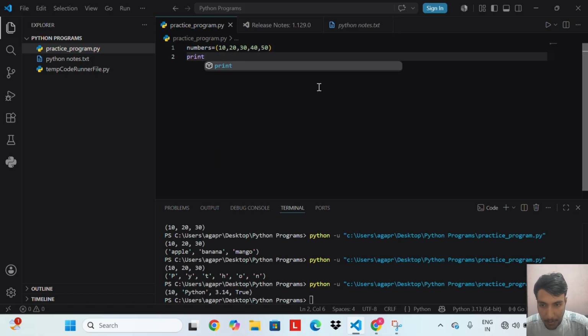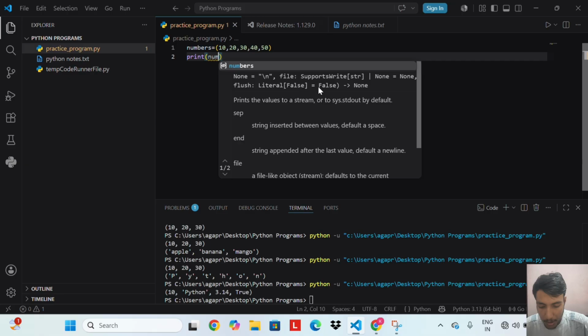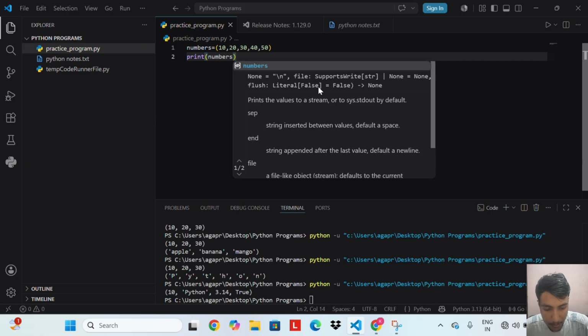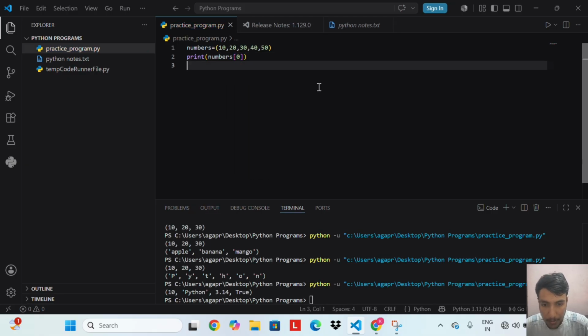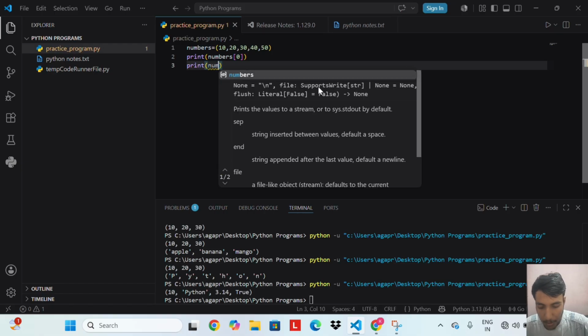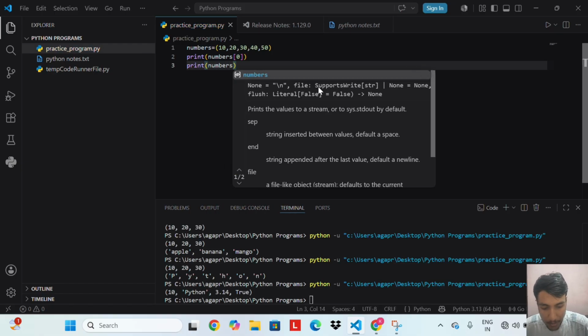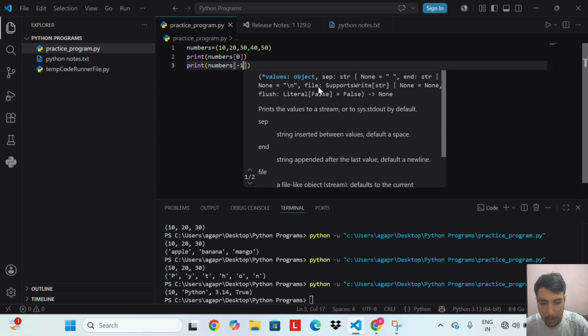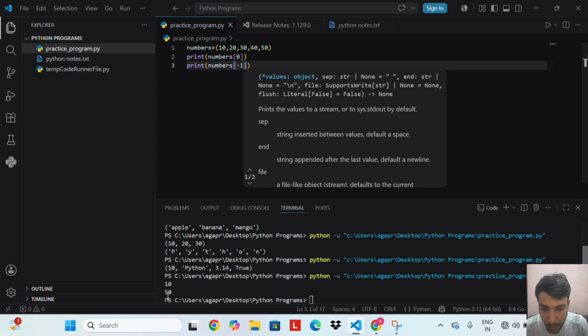Print numbers[0]. Print numbers[-1]. Let's run this code. We get 10 and 50.